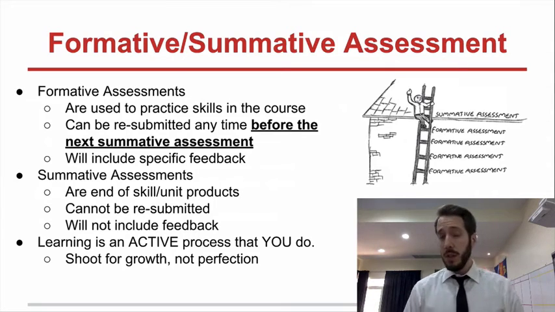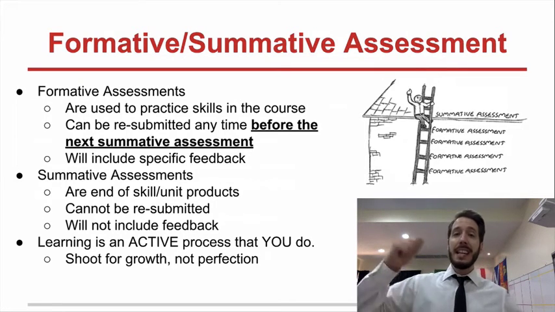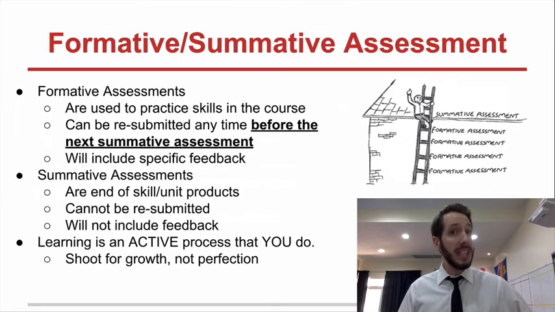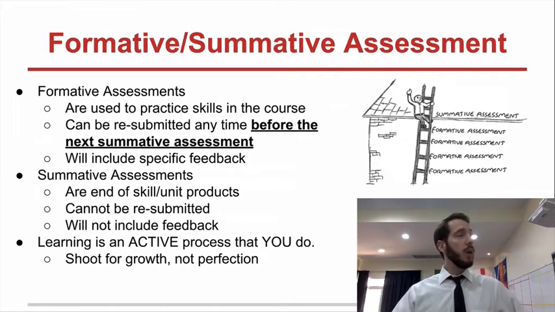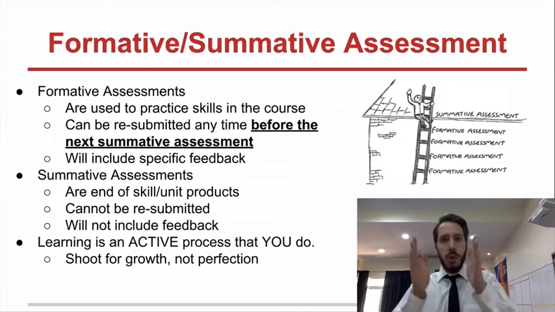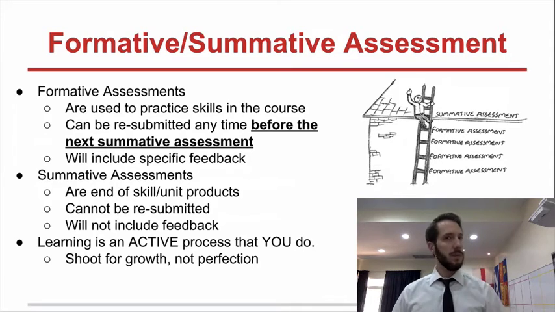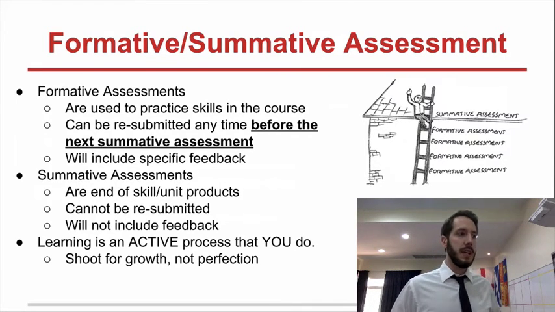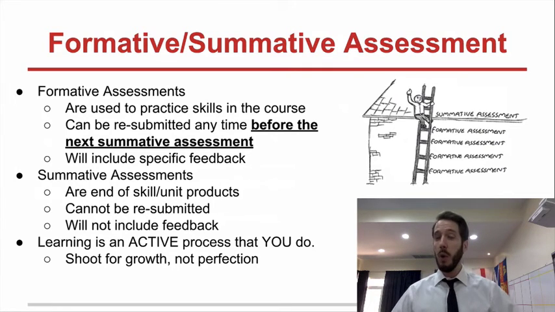Now, one thing I want you to remember through this process is learning is an active process you do. Smart is not something you are, it is something you get. Now, I know we all want to do really well and get an A, but what is an A? An A means nothing. What you should shoot for is learning and growing. Because if you're so fixated on getting a particular letter, that doesn't demonstrate who you are as a person or how well you've learned. Shoot for learning and growth.